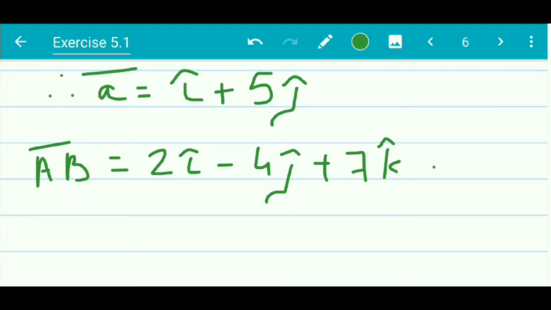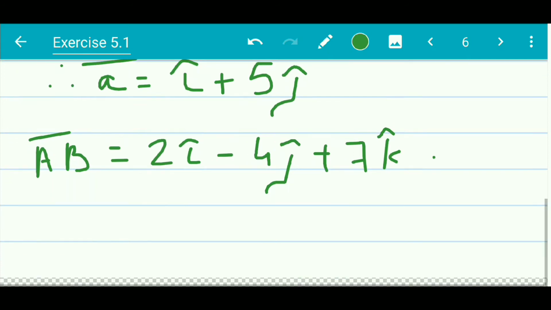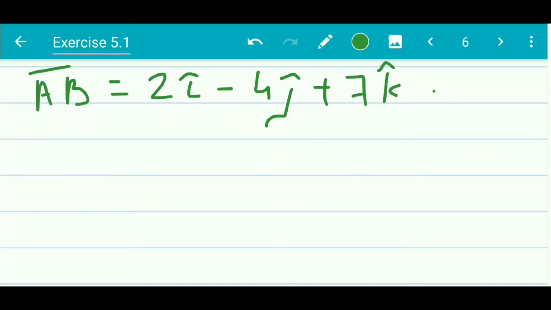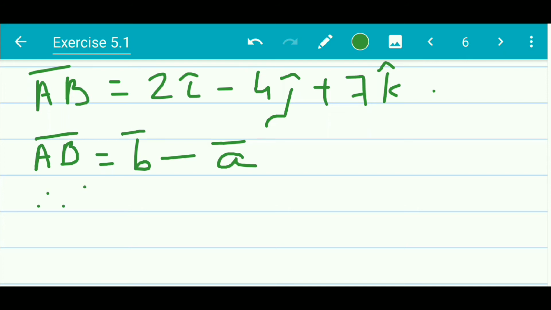Okay, now in the previous lecture we saw how to find the position vector of a vector formed by 2 points. So, vector AB is formed by 2 points A and B. So, the position vector of AB bar can be written as B bar minus A bar. Now, what about B bar then? In this case, we already know the value of AB vector and we also know A bar. So, therefore, we find B bar this way.